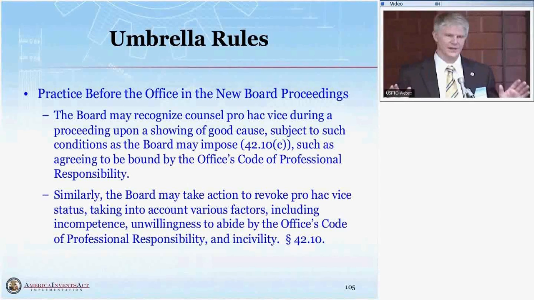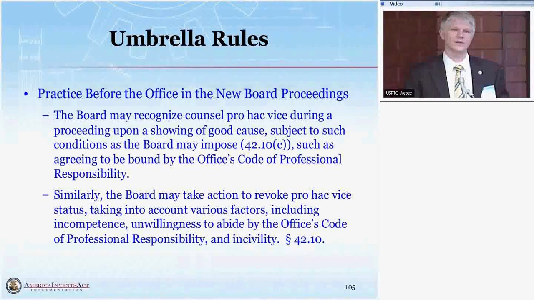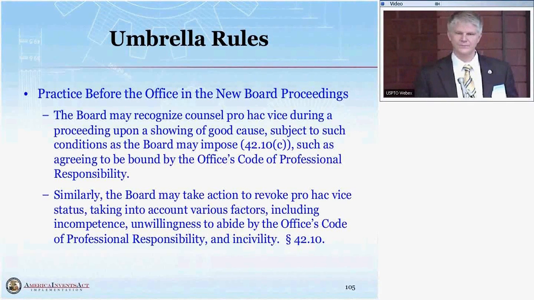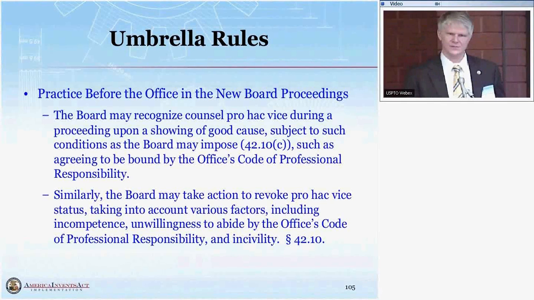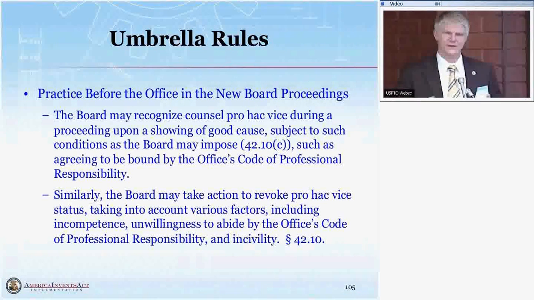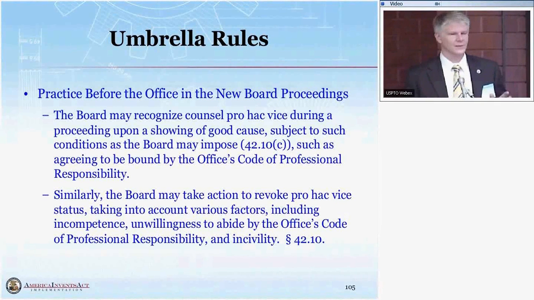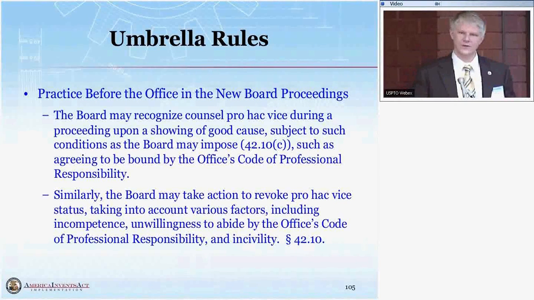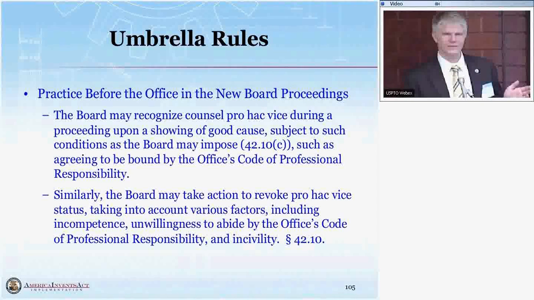So we had to step back and take a look and try to find a balance. Remember, a key word in all these proceedings: we're trying to find the right balance here. So what we put out as a proposed rule is pro hac vice. This would allow a client who has that district court litigator, who's litigating on a certain patent, and they have all the information, they know how the district court litigation is going, they want that experience before the board so that they can coordinate efforts. Well, we wanted to be able to allow that client to have that lawyer before us. So we're allowing for a pro hac vice